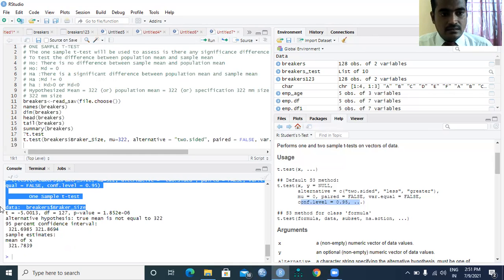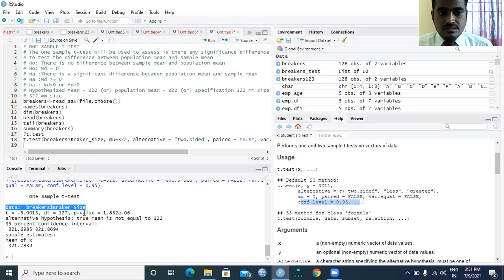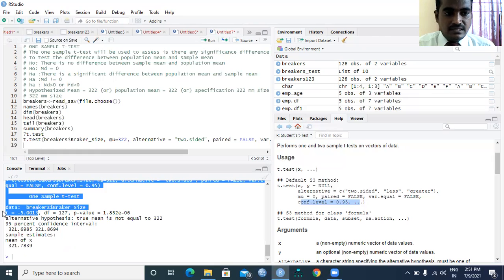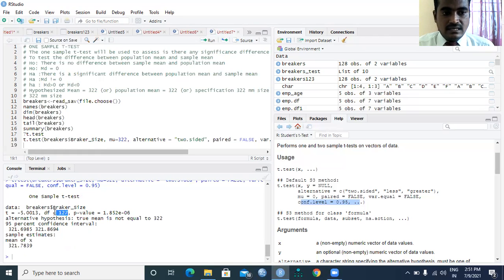Breaker size data, from the breakers data set, a variable I selected, breaker size, and this is the t value, and the degrees of freedom is k minus 1 because of 128 observations, 128 minus 1.